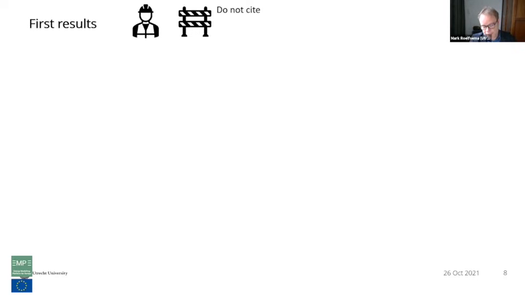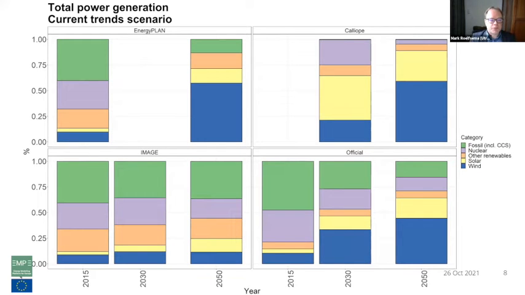Yeah, as I already explained, we are in the middle of the first round, the free experiments. So I will show you the first results. This is work in progress, so please do not cite, but at least it already gives some nice insights. So first, if we look at the current trend scenario for total power generation, this shows the share of carriers or a category of carriers for the different models, and also the official model, that is either the reference scenario or the target plan or Clean Planet for All. This shows that EnergyPLAN already has quite some substantial